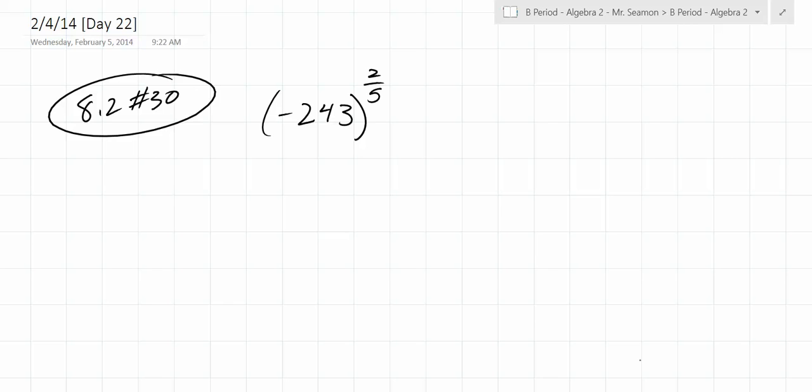What can we do to make this look nicer? It doesn't look that bad. So first of all, we have to realize, what does 2/5 power mean? Can someone tell me what that means? We talked about this. What does it mean? It means what, Dev? It's the fifth root,